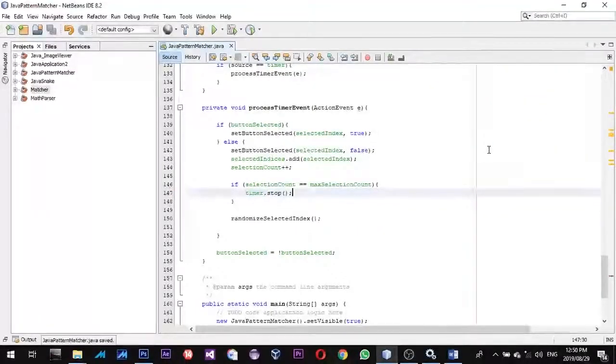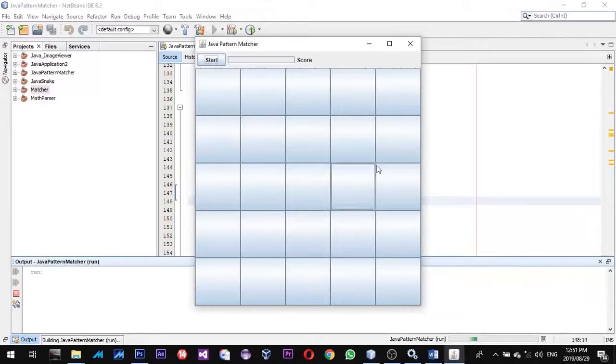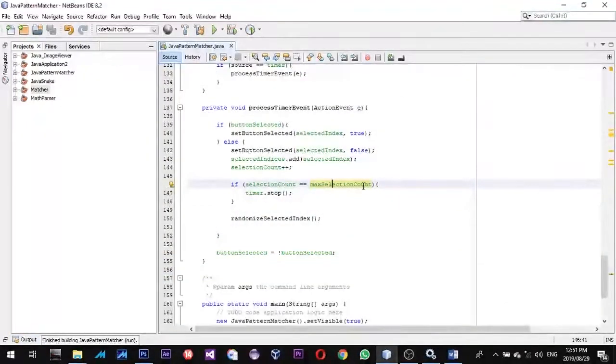This means that now the user needs to click the pattern that was displayed. That's why we're stopping our timer here. Okay, now I'm gonna start this. Click start. 1, 2, 3, and then it should stop there. Okay, and then